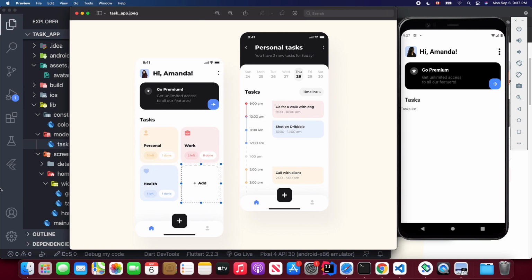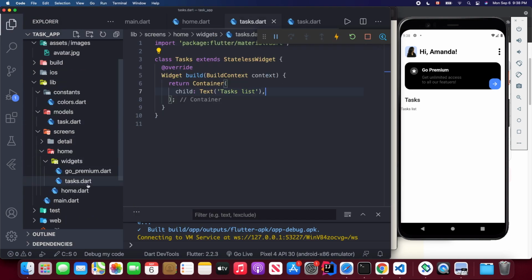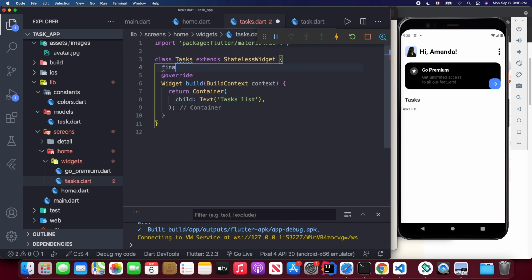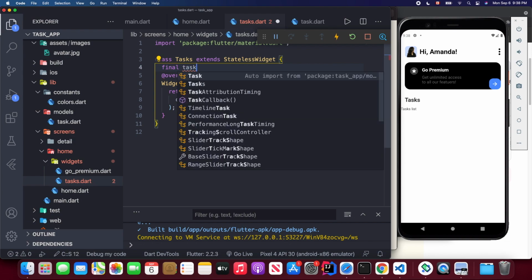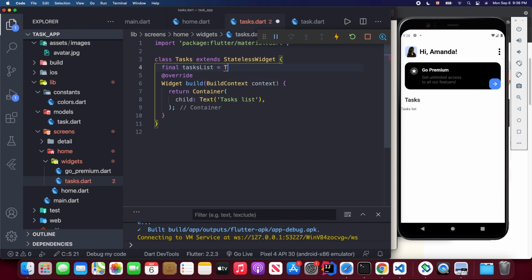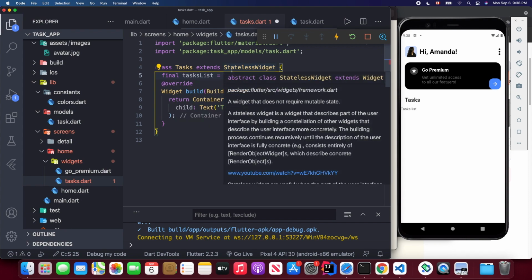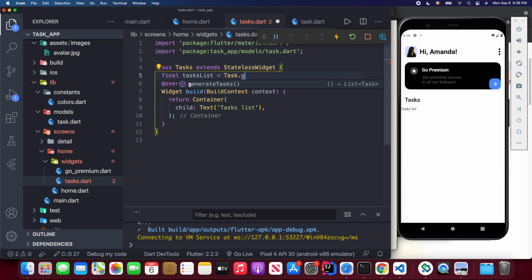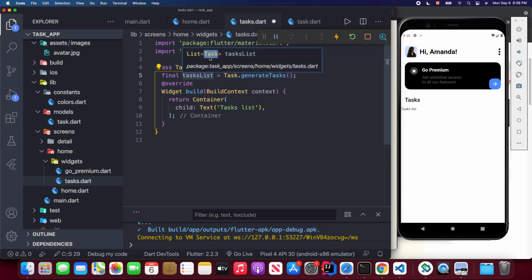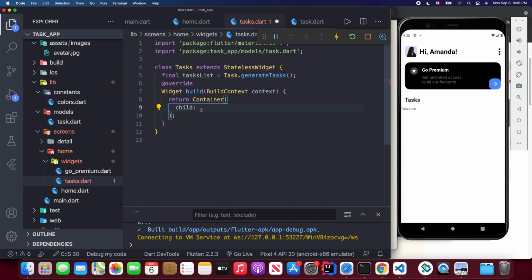Let's go back to our task.dart. First I'm going to load our task list from our task module. We just create it, and we access its static method, which returns a list of tasks. And inside this container, I'm going to change this Trial to a GridView